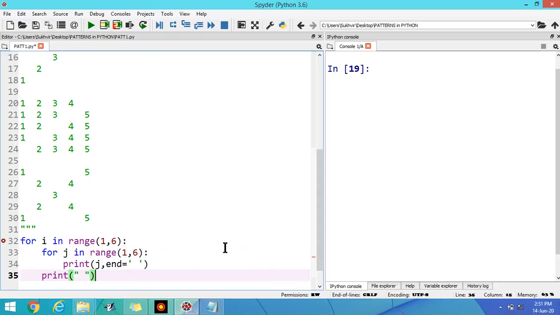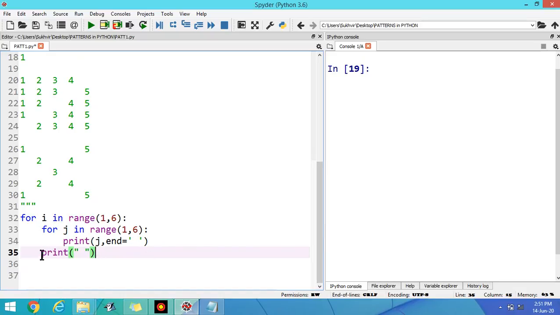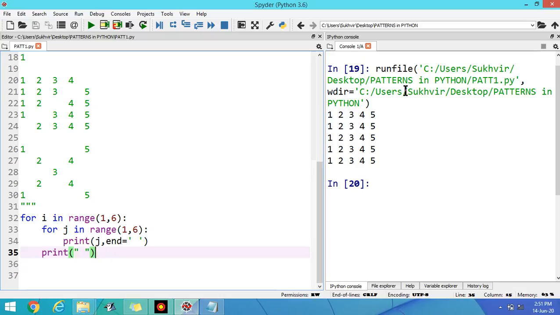To display the contents, after the execution of the first row, we have to print an empty print. Now check the output: 1 2 3 4 5.